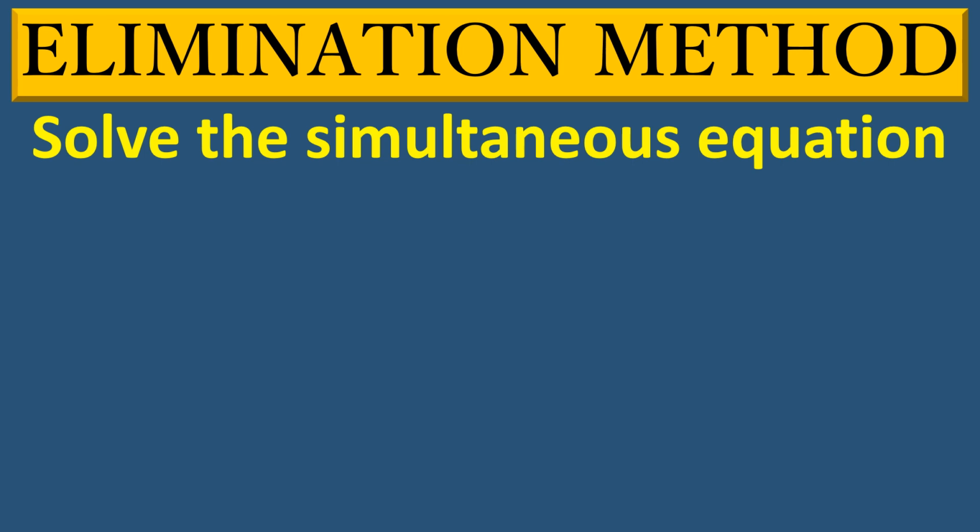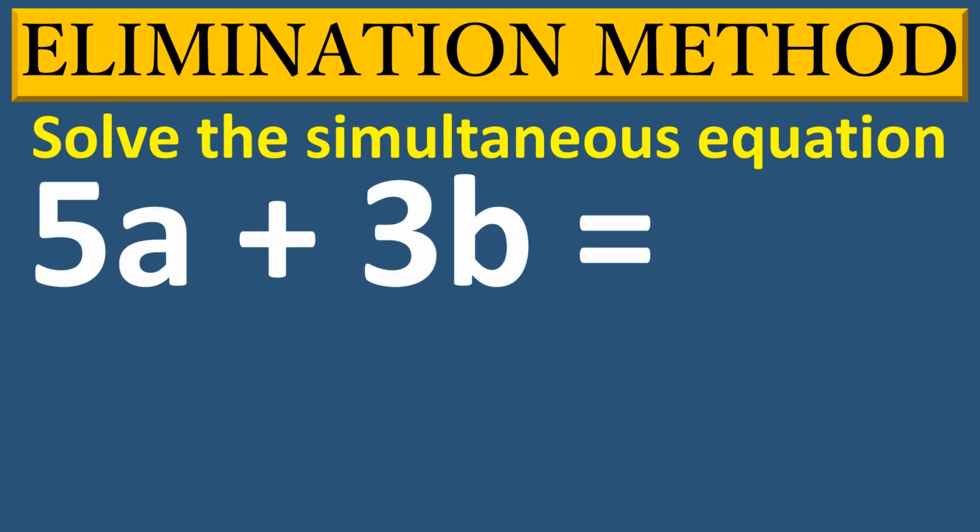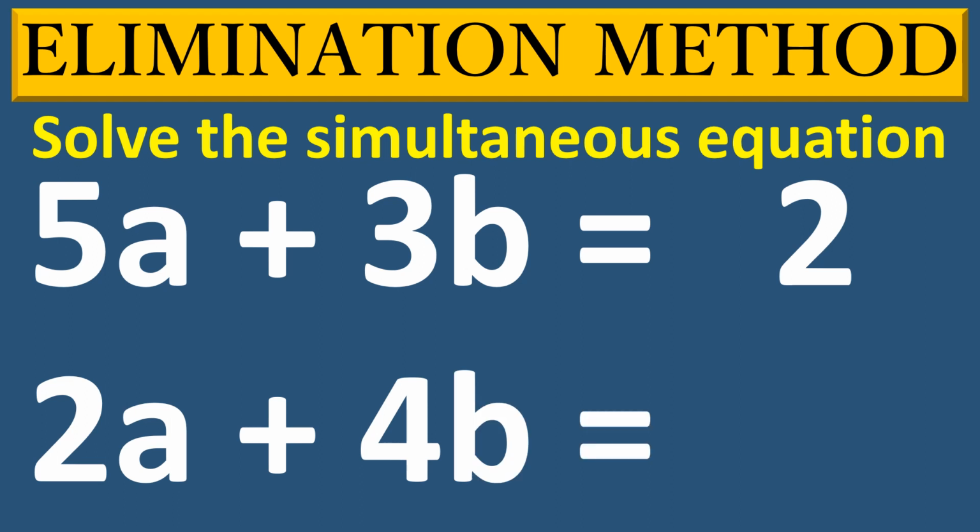We'll be looking at a particular simultaneous equation, which is 5a plus 3b equals 2 as equation 1, and 2a plus 4b equals minus 2. So we'll be solving this simultaneous equation, that is solving for a and b, using the elimination